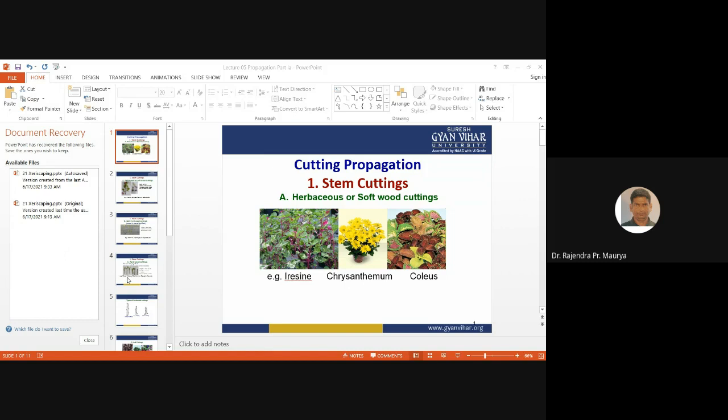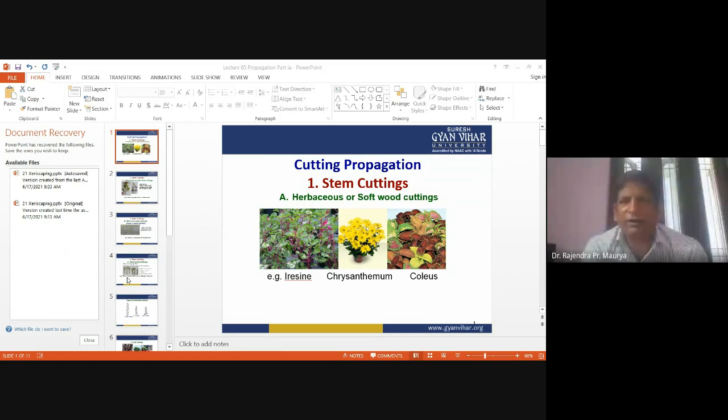Okay. So in this one also, polarity is very important. When we prepare the hardwood cuttings, the upper part of the hardwood cutting should be slanting. And the bottom one should be made just below the node and should be horizontal. Then, what about the upper cut? The upper cut should be 1 to 1.5 centimeter above the node and it should be slanting.